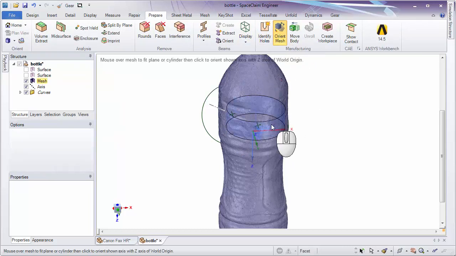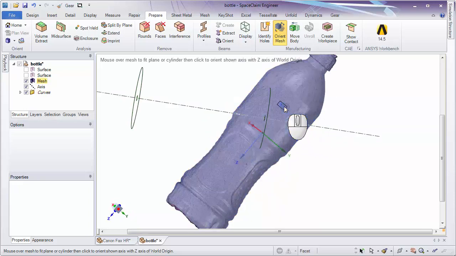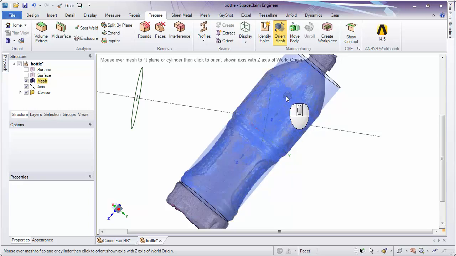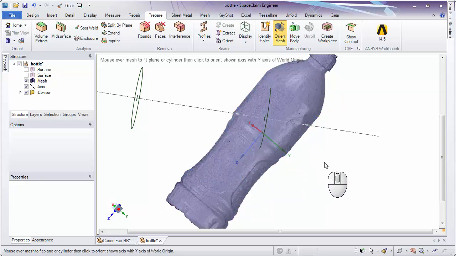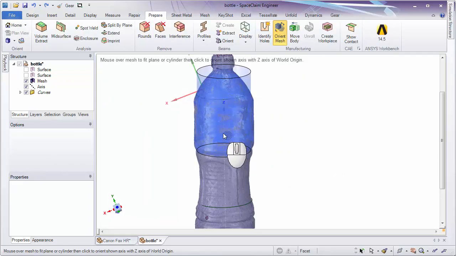If there is a nice clean cylinder, you'll see that it took a while to find a good one in here. See, just kind of moving around, it goes to all these little different ones. There it found a large one. Once you find that large one that you want to use, just go ahead and click it. Might try moving to another side, so there I was able to find it again. So you can see just based on the quality of the scan, sometimes it's hard to find the right one. And here we go. This would probably be the one we want to use, and we can go ahead and click to orient that. But I'm going to undo because I want to show the method of when we don't